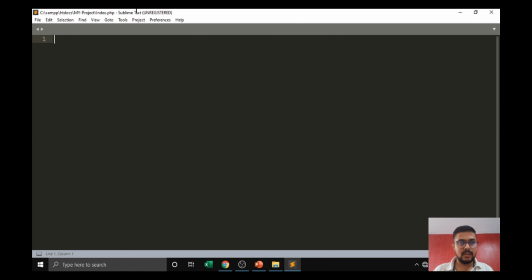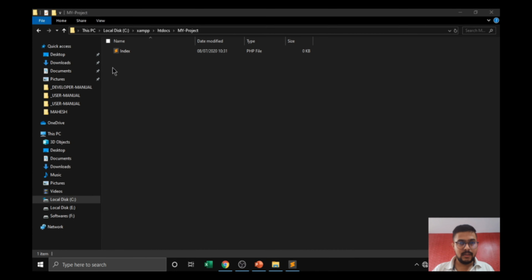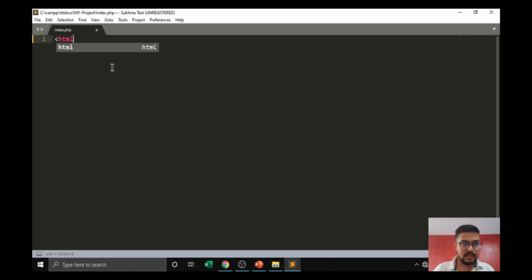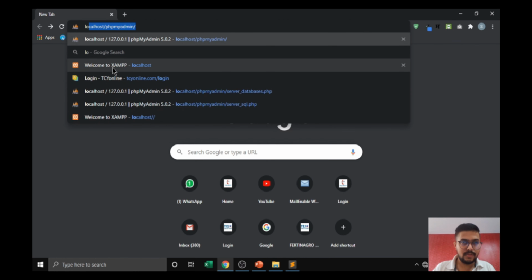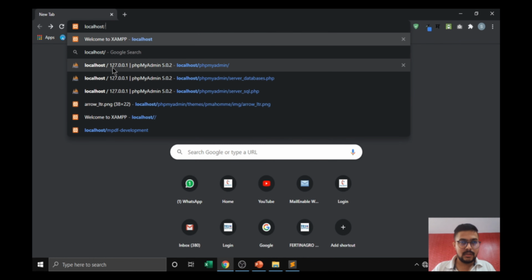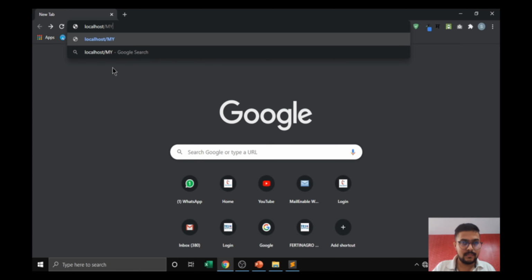This is the basic index.php page that will be called when you run your file. Just include HTML here, and to run it we need to use localhost slash our folder name.